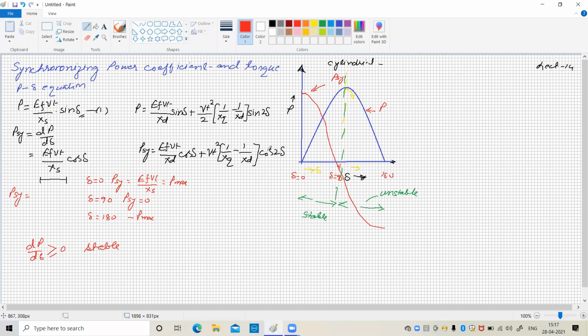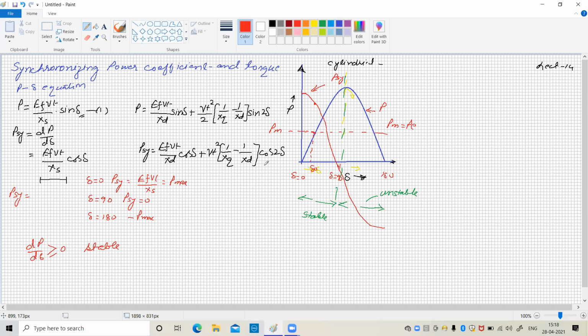Okay, are you getting it? Say here it is the maximum value. The meaning is that delta is equal to 0. It is not supplying any load. But say at some particular value of load, say here at this point delta 0, it is supplying power to the system where the mechanical input and electrical output are the same. So your mechanical input is equal to the electrical output. At this point, the value of synchronizing power is this one, isn't it? So this synchronizing power is positive and of large value.